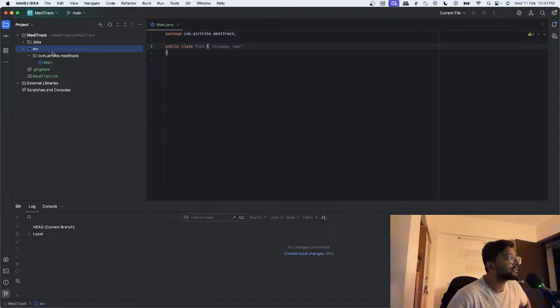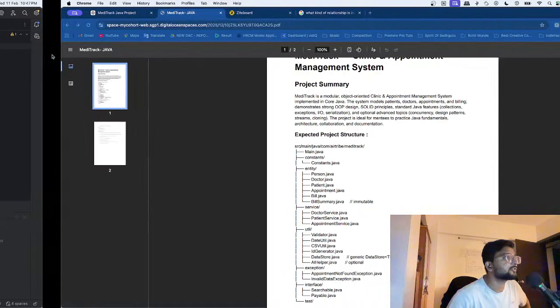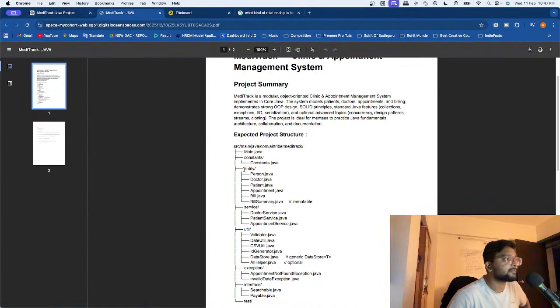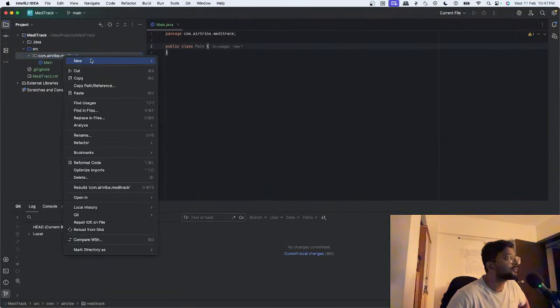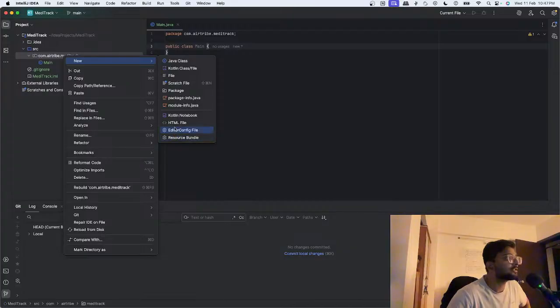So my first goal will be to create the entity folder, if I'm not wrong. Yeah, entity folder. So how to create a folder in this one? Java, or is there a package inside package, or how is it? Main is like